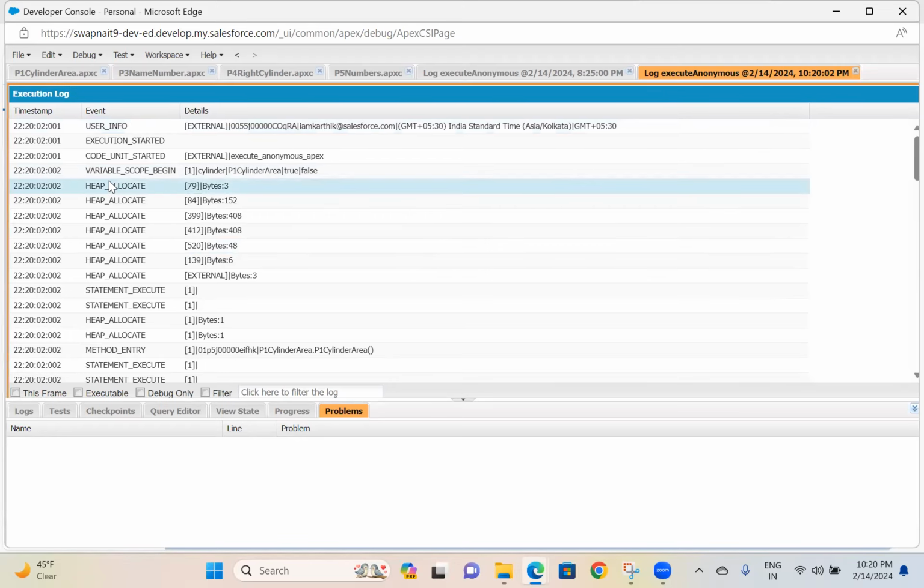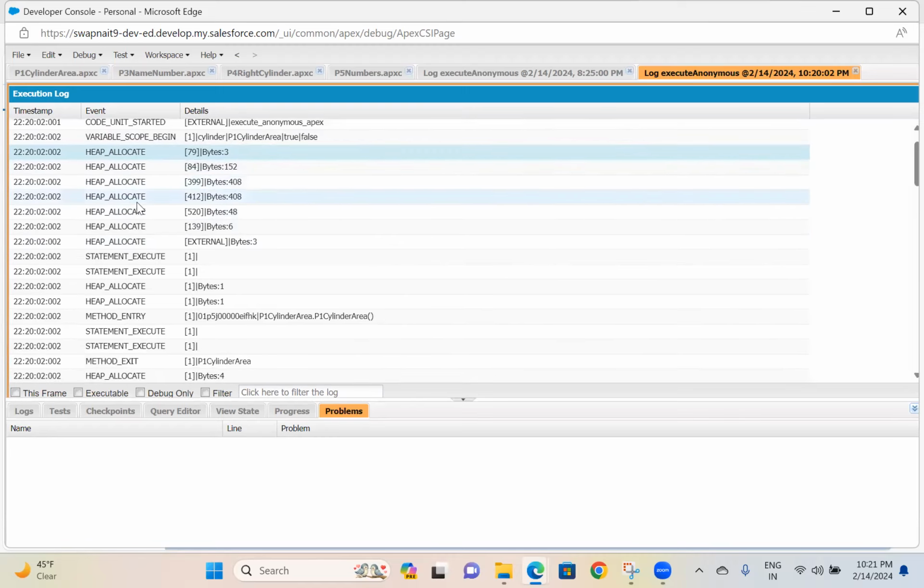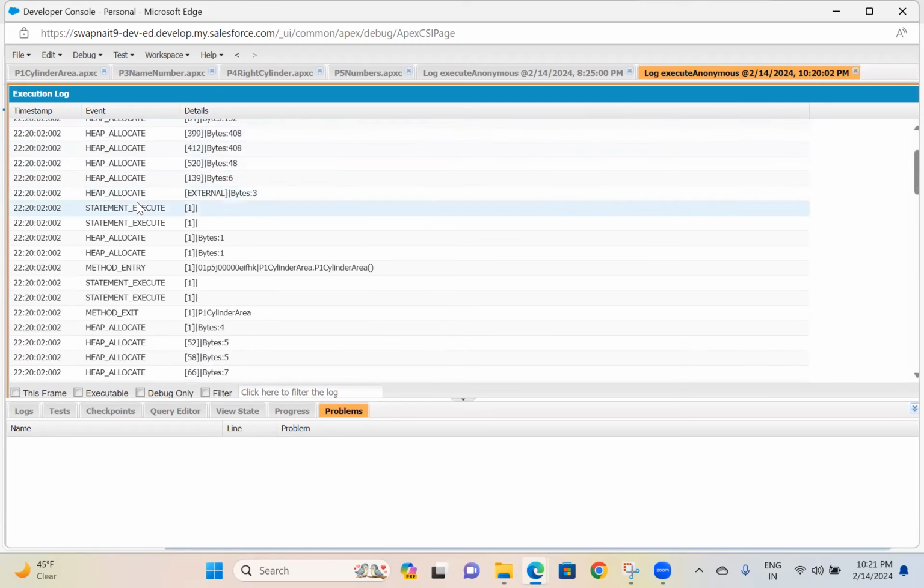Then these are all the variables which I have declared. Sorry, this is the heap allocation done before starting execution of the program. Then the first line of the statement is getting executed.